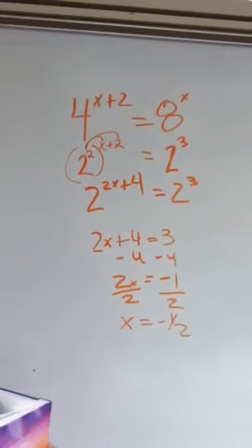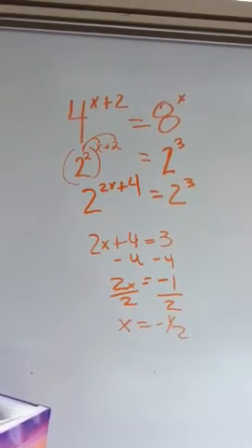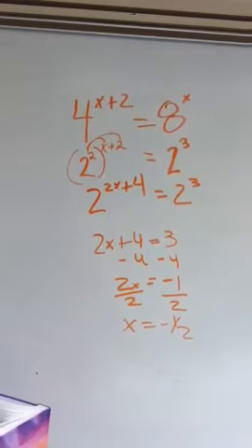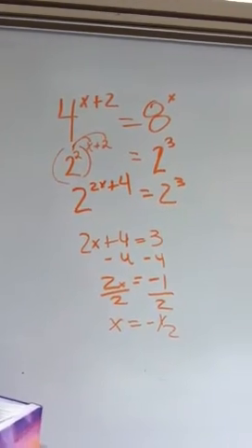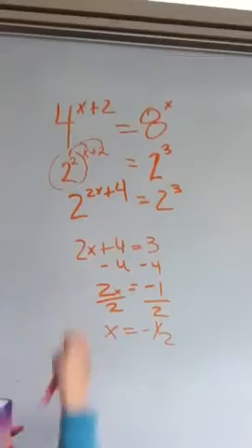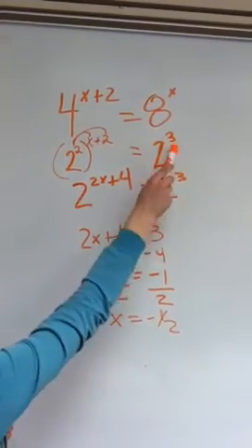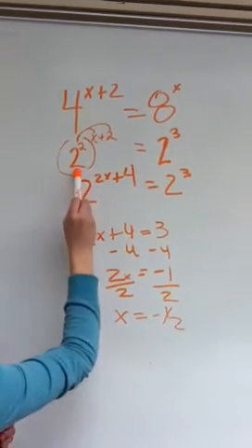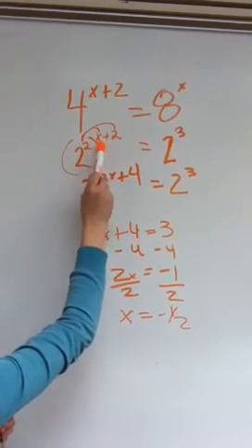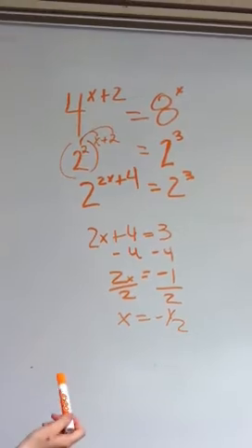And for the last one that we have here, we have 4 to the x plus 2 equals 8 to the x. Your bases aren't the same, so you need to change them to get equal bases. So I made this one 2 cubed, which is 8, and then 2 squared, and then x plus 2. So then you want to